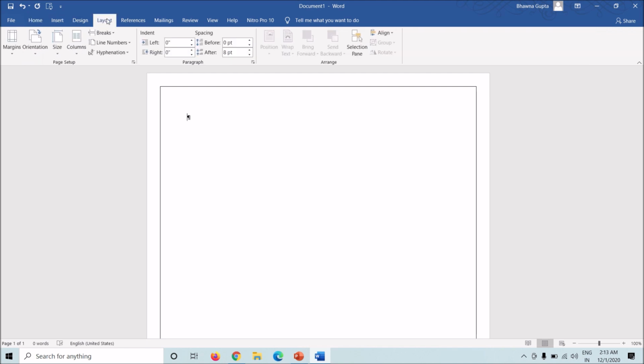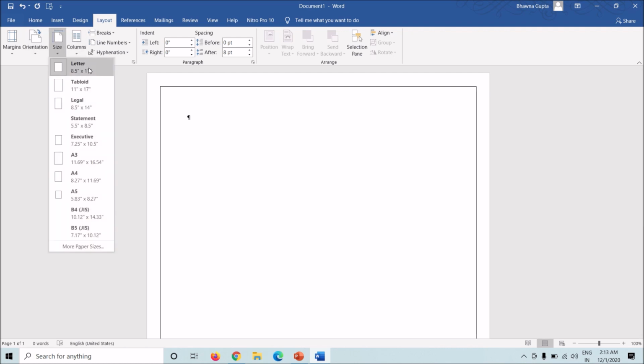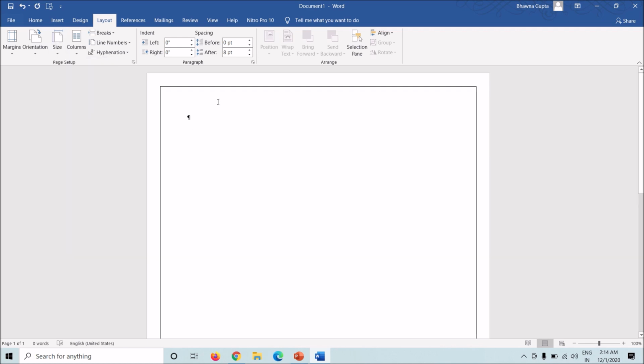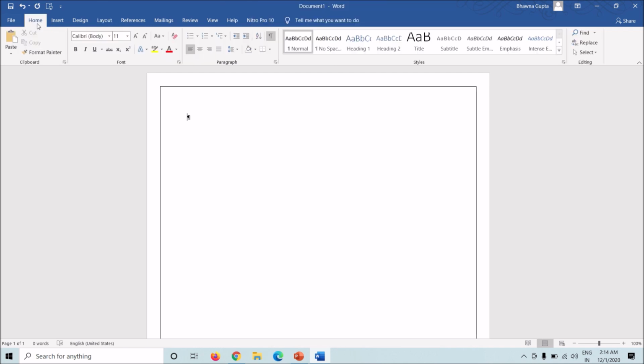So now in the layout option, you obviously have orientation, which is landscape or portrait, but you also have a size option, which provides you the letter, which is the default in my Word. You can change the default. We'll come back to that later. Tabloid or legal. For the law students, the legal document is the option to create the drafts. Now, what I was saying about default, which is absent from Google Docs once again, but Word provides.